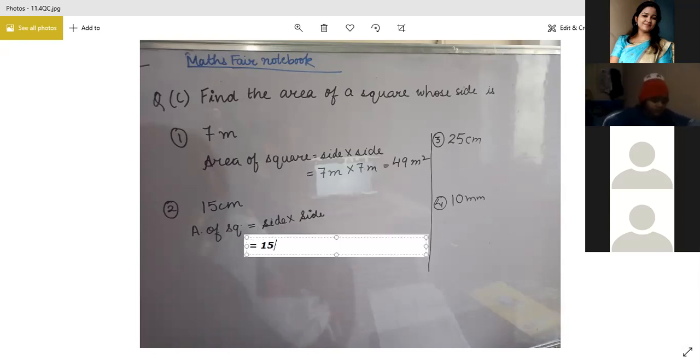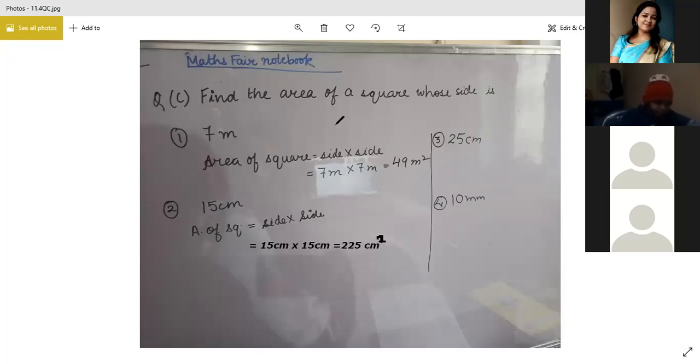So side here is how much? 15 centimeter. 15 centimeter multiplied by 15 centimeter again. So 15 is how much? 125 centimeter. Okay, 220, sorry, 225. I'm so sorry. It will be 225 centimeter है, और centimeter के ऊपर there will be small square. Karthik Shankar, I don't know why are you making that box over there. Just give me a minute. 225 centimeter square. ये 2 है, power 2 है. 1 लग रही है ये, but 2 है ये power. Okay, it's like 2. अब 2 लग रही है.